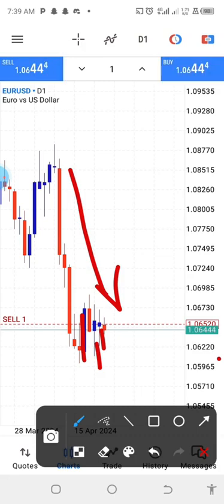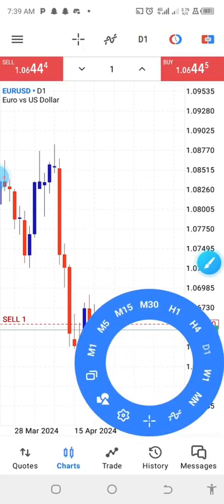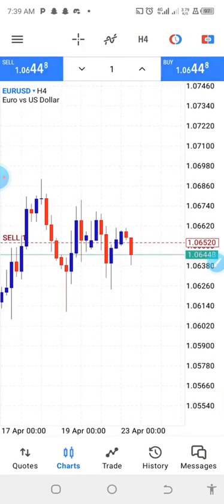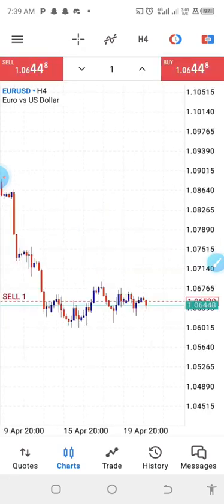So let's confirm our theory, or the information we just gathered from the higher time frame. Let's confirm it from the smaller time frame. Let's know what actually is happening at the lesser time frames. So we go to the H4. From the H4, looking at structure, we can see that